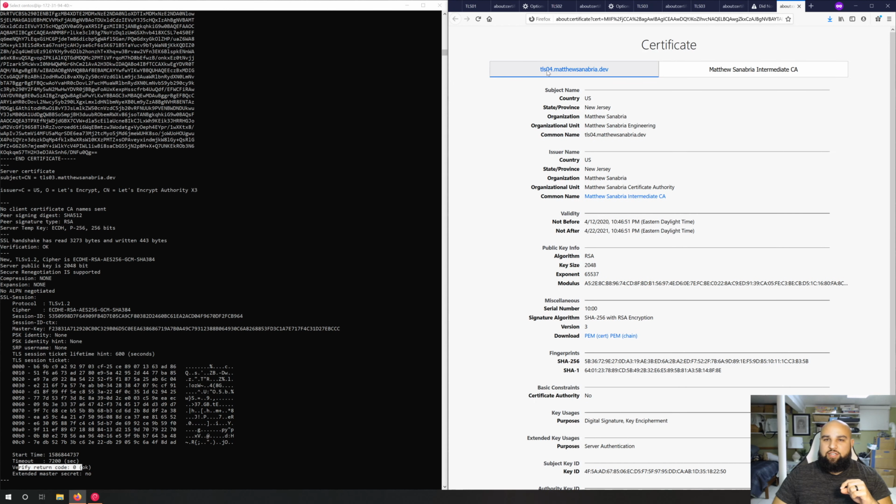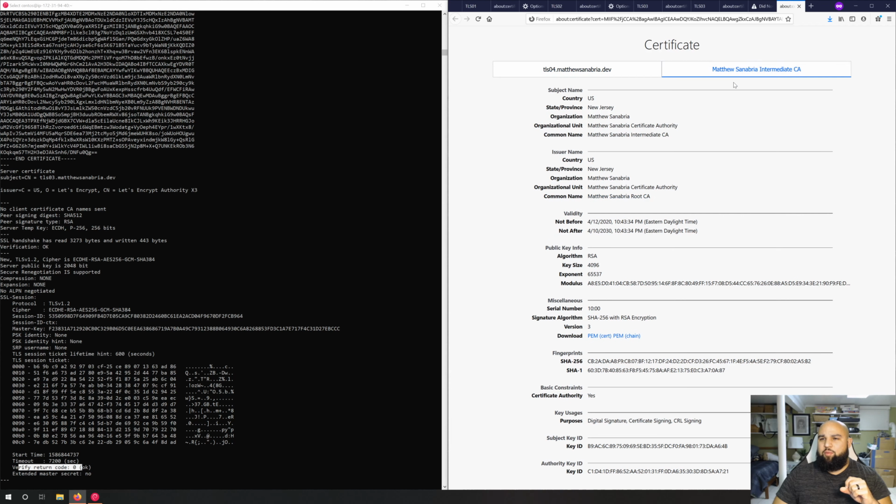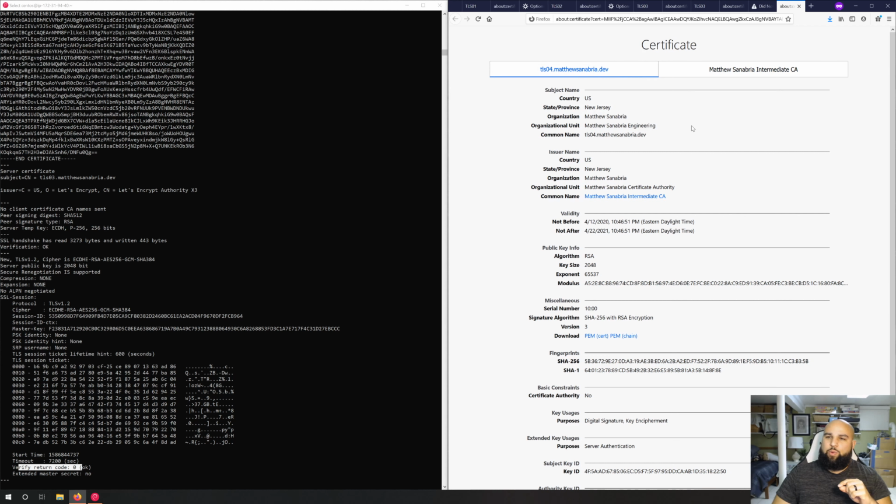So we're getting a certificate for TLS04.matthewsanabria.dev, and the intermediate certificate is Matthew Sanabria Intermediate CA. Okay, this is weird. This looks completely different than what we were using before. Well, that's true, because before we were using publicly trusted TLS certificates from Let's Encrypt, but this time we're using an internal self-signed certificate from our company's internal certificate authority. Companies themselves can stand up their own root CAs and their own intermediate CAs and use them for company traffic. But they won't be trusted publicly because the root CA and the intermediate CA certs are not